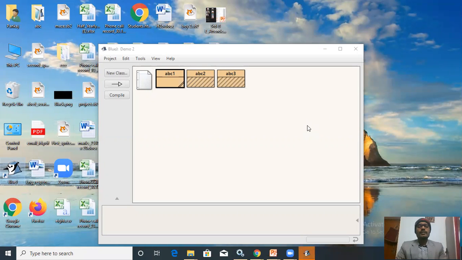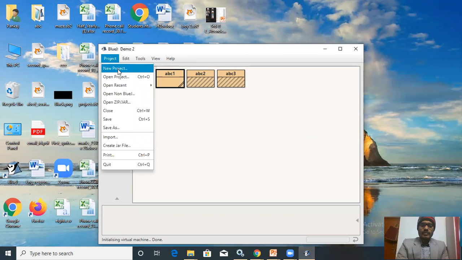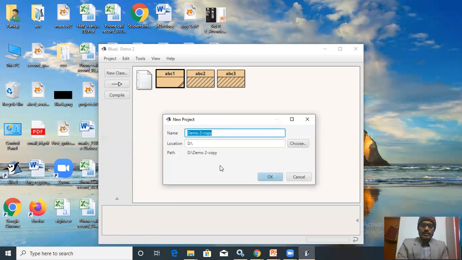Now this window has opened. Now what you have to do, you have to create a project. For writing a program in Java in BlueJ, first you need to create a project. Click on new project. You can write the project name like